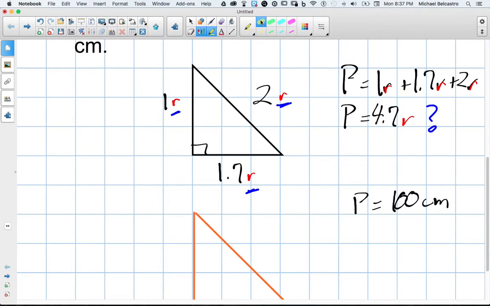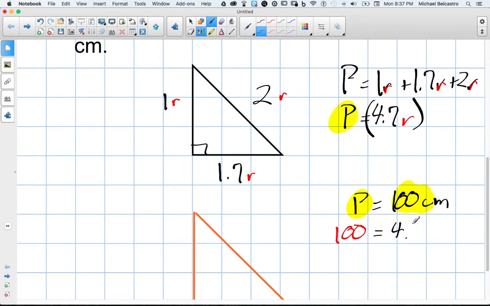Since we have a value for perimeter, so P is 100, we can replace the P in this equation with the number 100 to solve. So we're going to get 100 is equal to 4.7r. We need to isolate the r variable. In order to get r by itself, we divide both sides by 4.7, or in other words, when you bring 4.7 over, you divide 100 by it. So our r value is going to be,